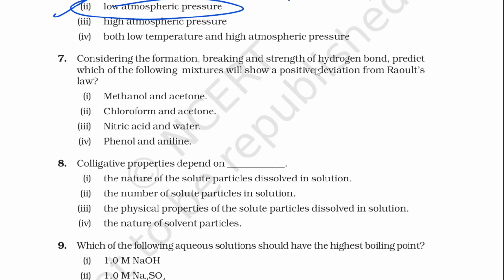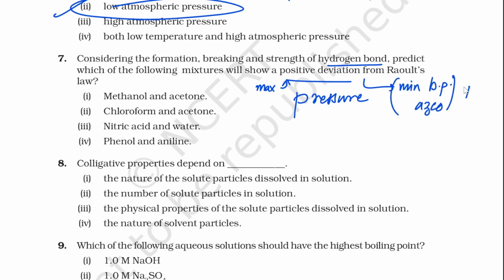Considering the formation, breaking, and strength of hydrogen bond, predict which of the following mixtures will show a positive deviation from Raoult's law. First thing, what does positive deviation mean? We are talking about pressure, okay, not temperature. And when the positive deviation becomes very large, then you get a minimum boiling point azeotrope. There we are talking about temperature, but here we are talking about pressure being higher than normal. Why would pressure be higher? Think about it. Pressure higher means that